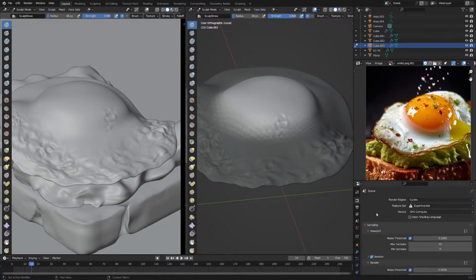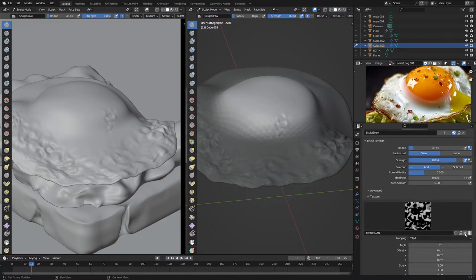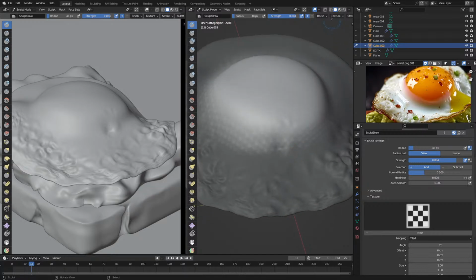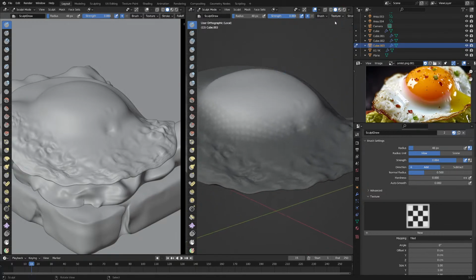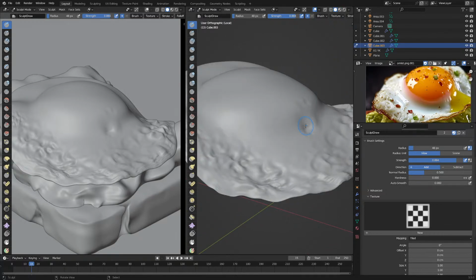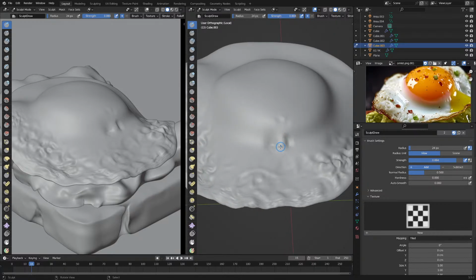I think I need to remove texture from this, and how do I get rid of this mask? Alt M? Yeah, Alt M for mask, and